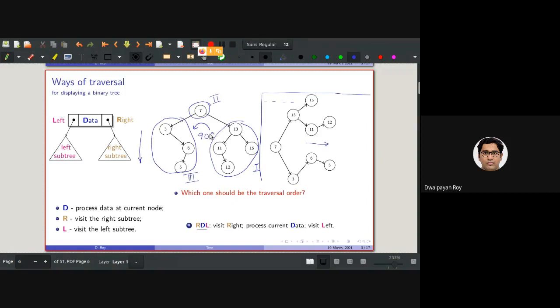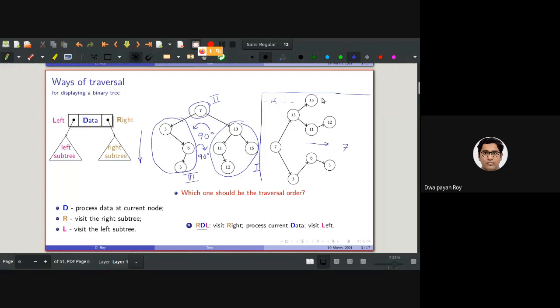You may also think that one clockwise 90-degree rotation could have also been done, but in that case, the rightmost element will be 7. So 7 would have been printed somewhere here, and the 15 somewhere here. But whenever the tree is growing, when some new nodes are added to the existing tree, the new nodes will be added after this, right?